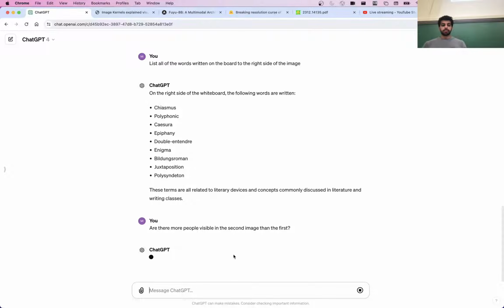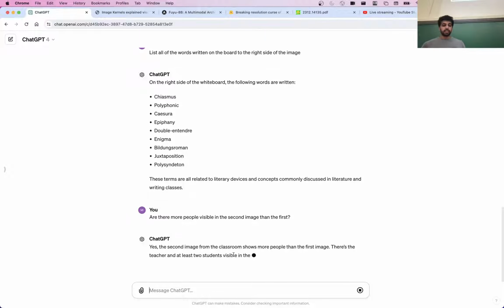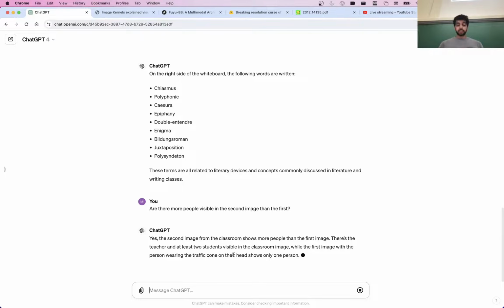Every time it is going to get slower and slower just because of how many image tokens and text tokens there are. Okay, so the teacher and at least two students are visible in the second image, while the first image with the traffic cone on their head shows only one person.